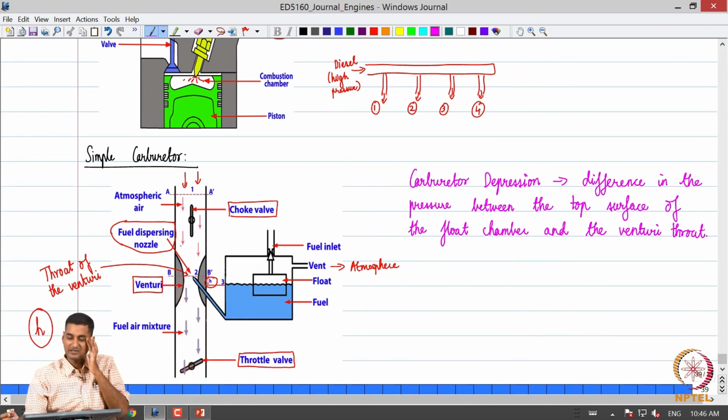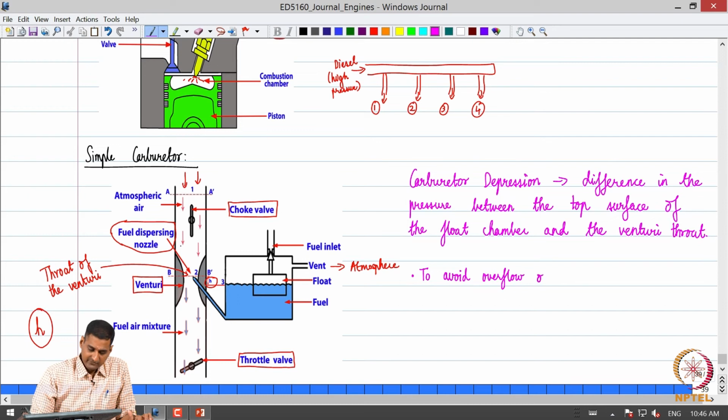That is what is called carburetor depression. Of course, this pressure difference keeps on varying as we operate the carburetor. It depends on the pressure at point 2. So, that is going to be what is called carburetor depression, and to avoid